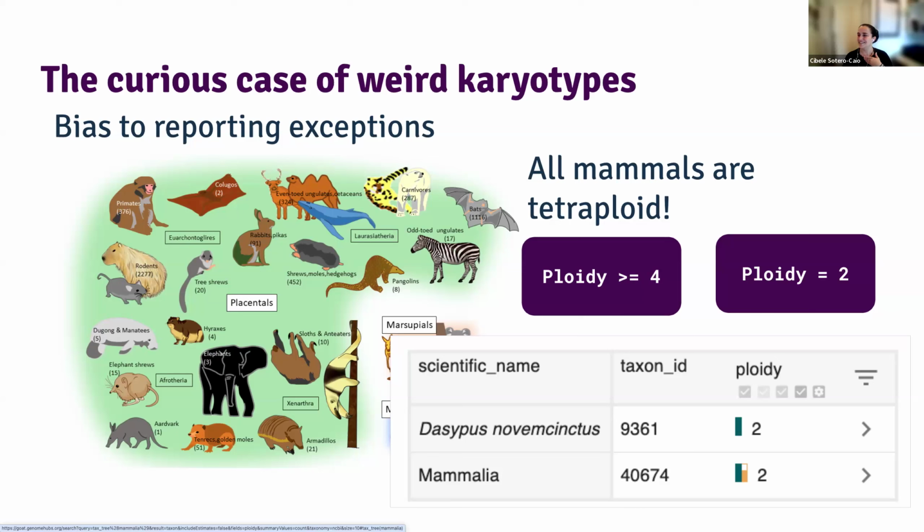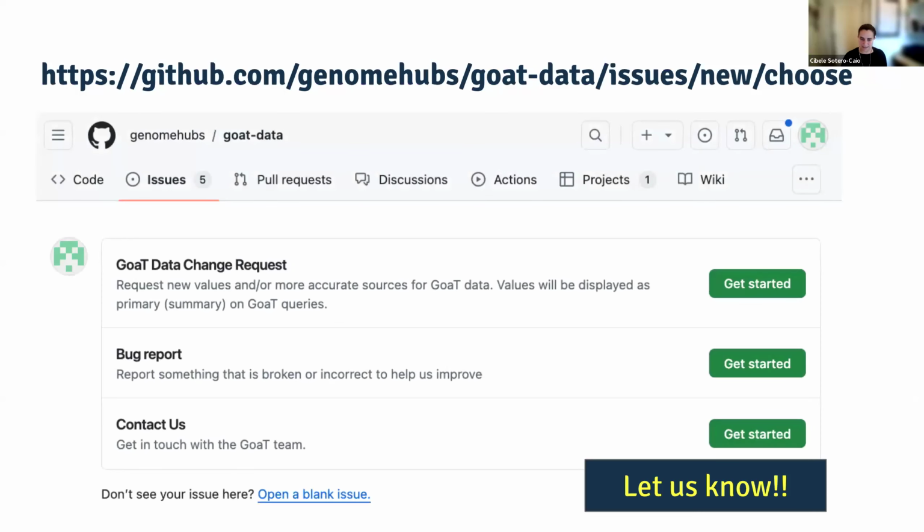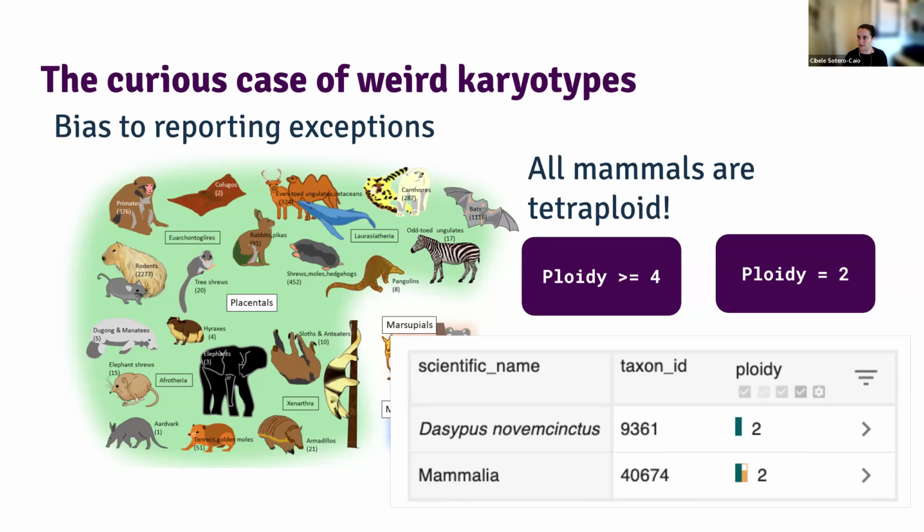So you see that sometimes there is a bias just because people don't report things that we take as obvious. Ploidy was 4 and it's wrong. It's not really GOAT's fault, but let us know.